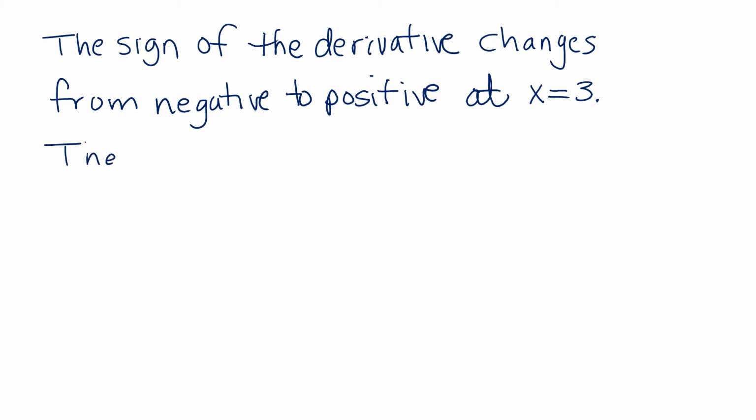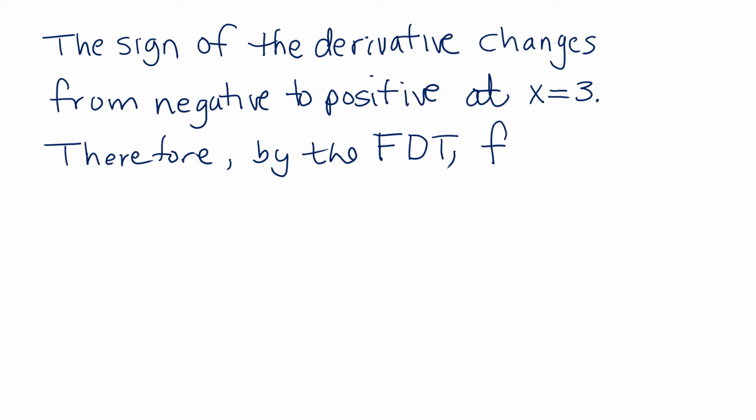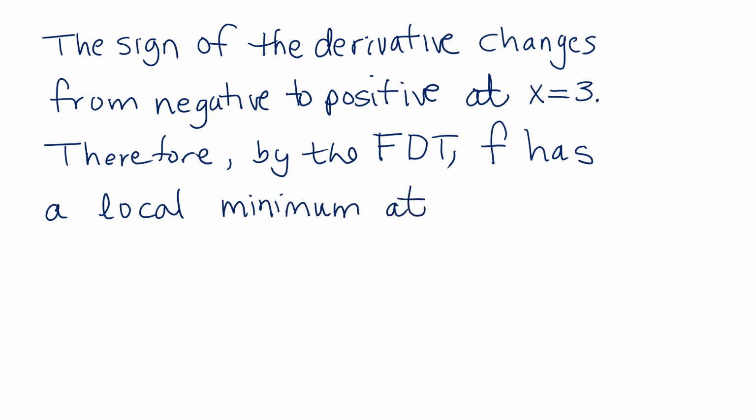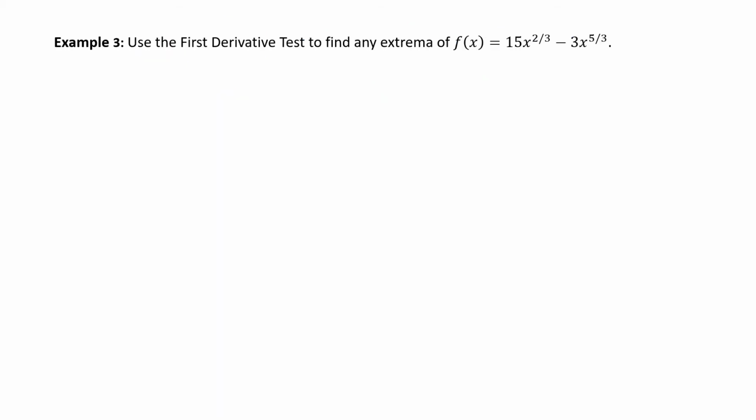Therefore, by the first derivative test, f, not the derivative, but the function f, has a local minimum at x equals 3. Example, use the first derivative test to find any extrema of f of x equals 15